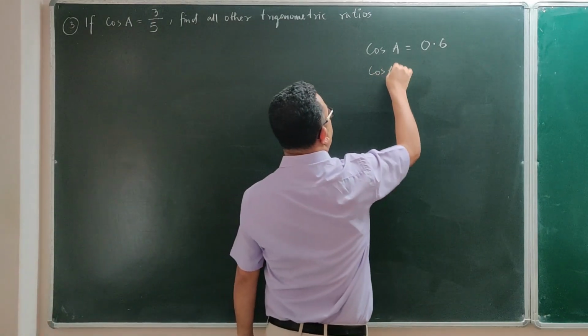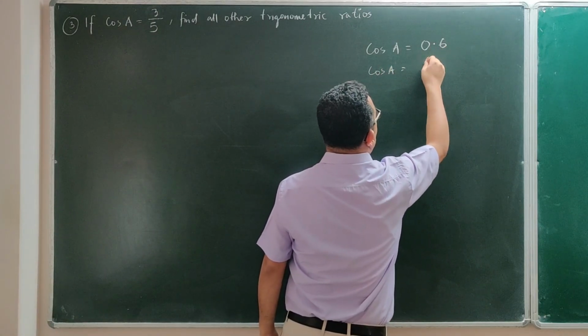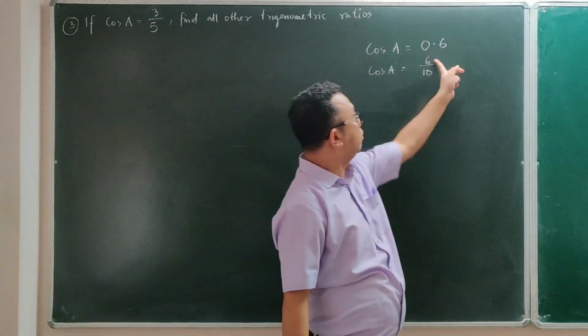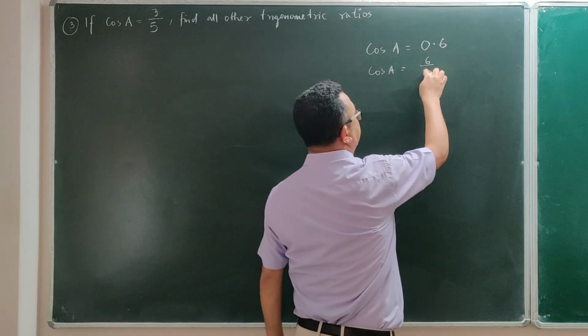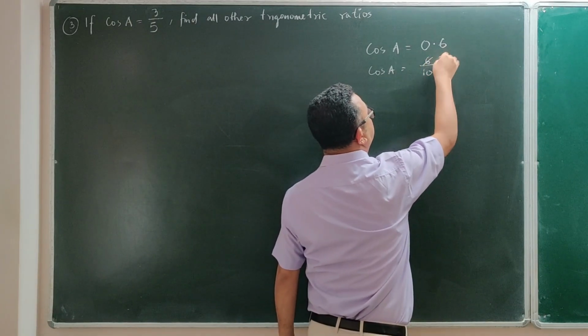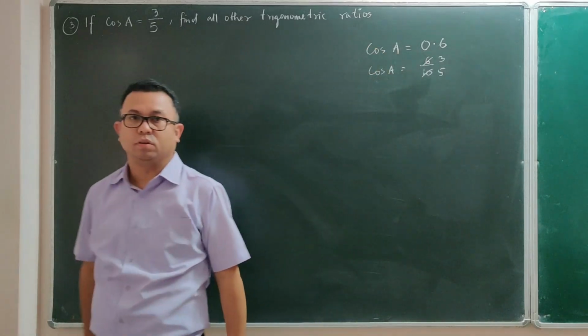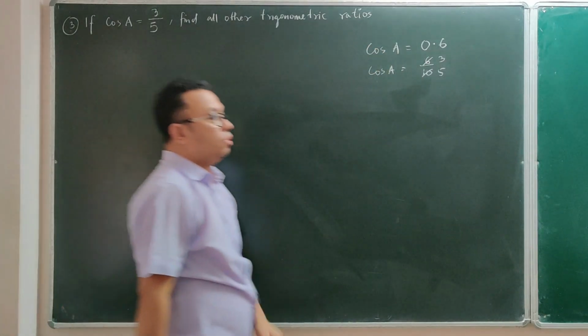So there you are, cos A. Since there is 1 digit after the decimal, I'll write this as 6 by 10. So instead of a decimal, I got 6 by 10. Then again, 6 by 10, common factors go: 2 3s are 6, 2 5s are 10. So you can see cos A is 3 by 5. So I got the same. Cos A equals 3 by 5. Okay, now